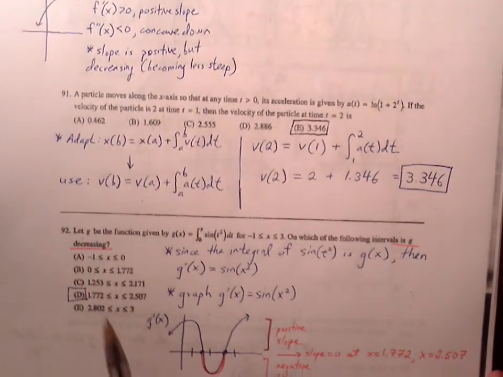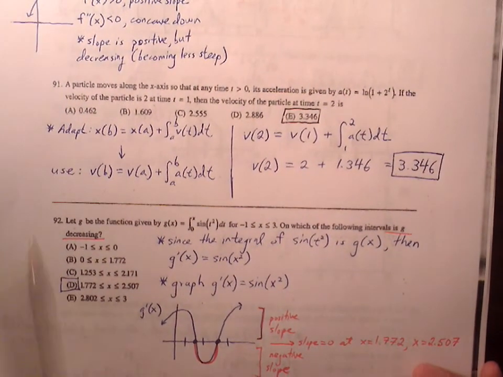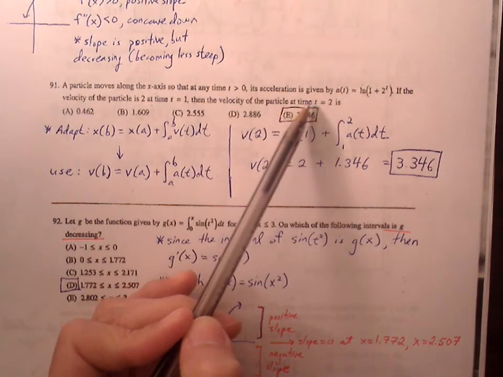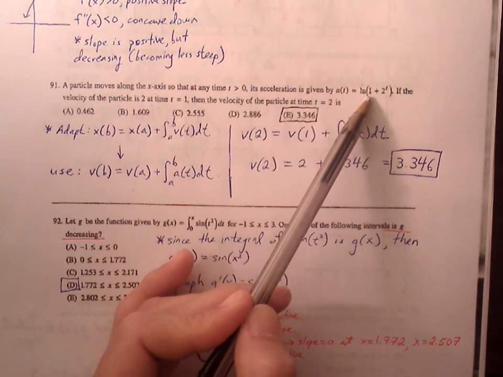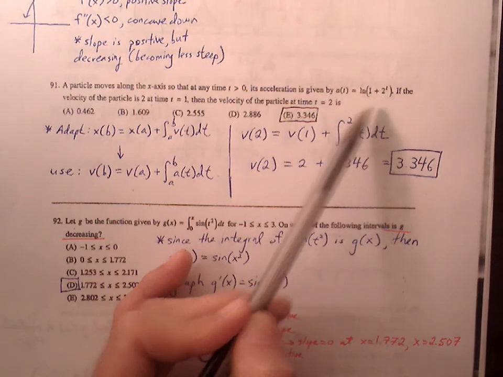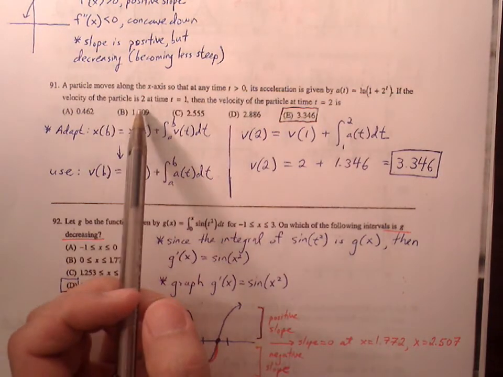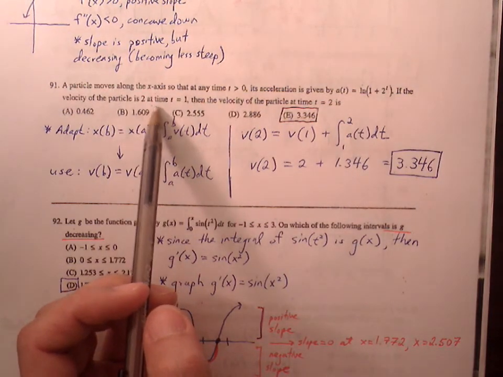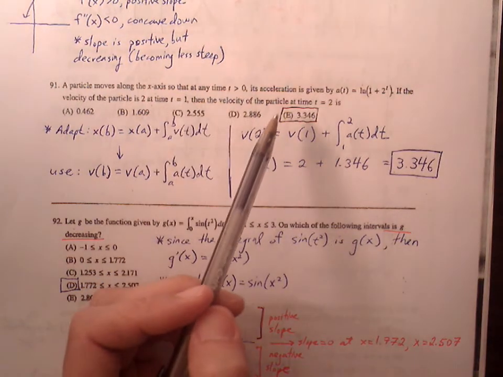Okay, number 91. A particle moves along the x-axis given by acceleration, natural log of 1 plus 2 to the t. If the velocity of the particle at time t equals 1 is 2, then the velocity of the particle